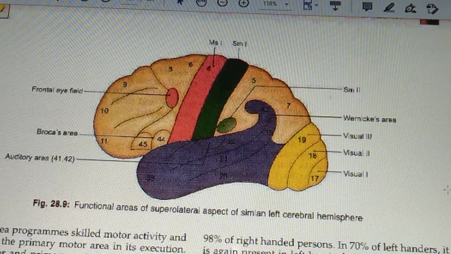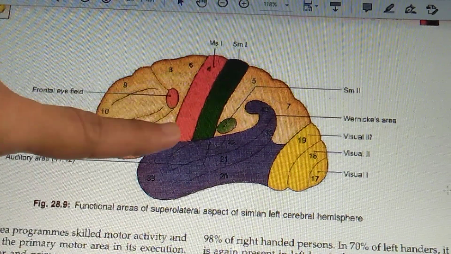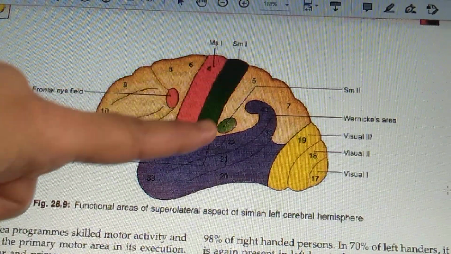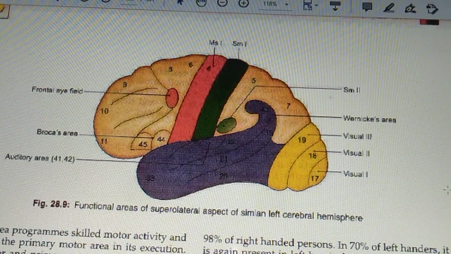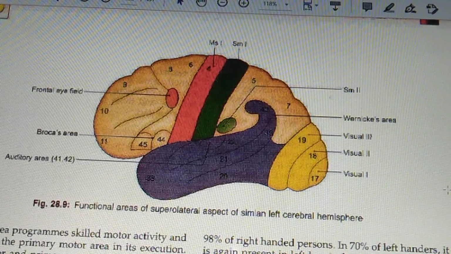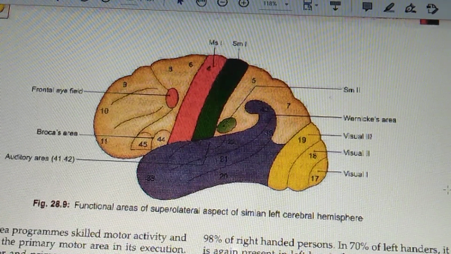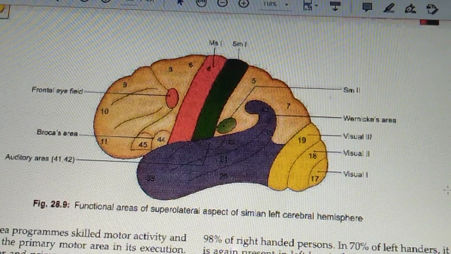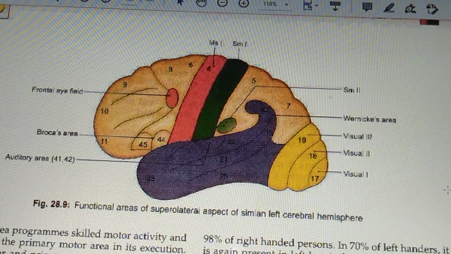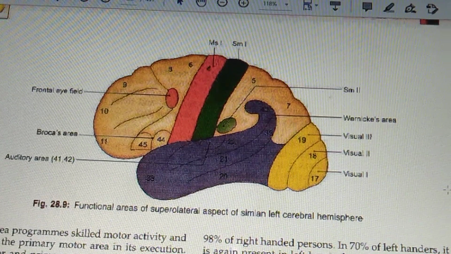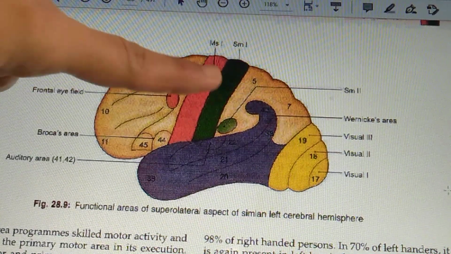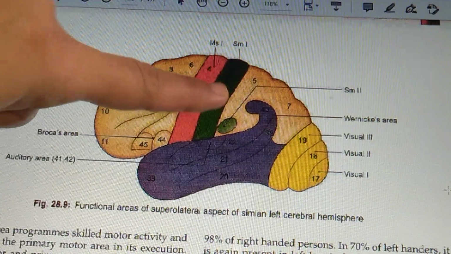Last time we have seen that the precentral gyri was occupying the motor area. And just behind the central sulcus you have the post-central gyrus, that is the general sensory area, plus the posterior part of the paracentral lobule. We had also seen that the anterior part of the paracentral lobule is the motor area and the posterior part of the paracentral lobule will form the sensory area, that is on the medial surface of the cerebral hemisphere. It corresponds to area 3, 1 and 2 of Brodmann. You can see in the diagram area 3, 1 and 2 is given.